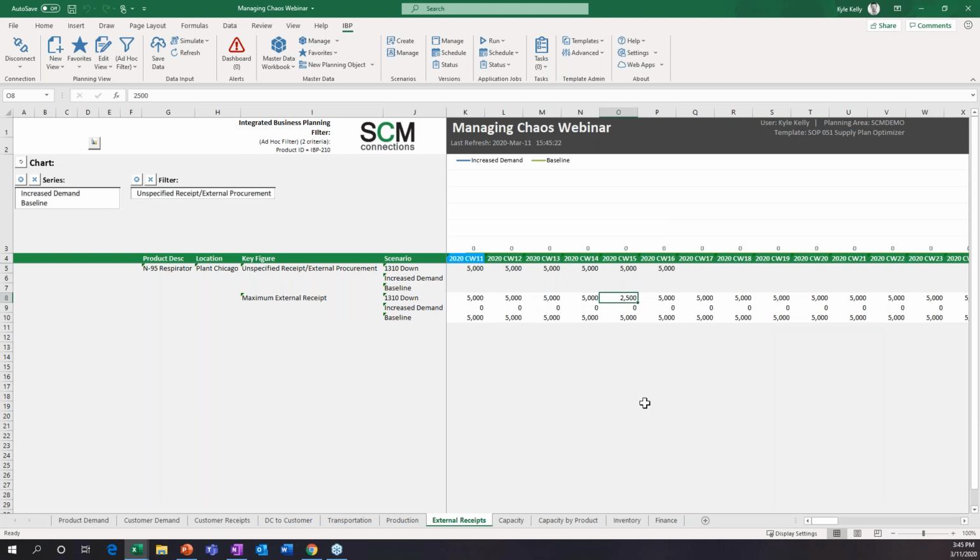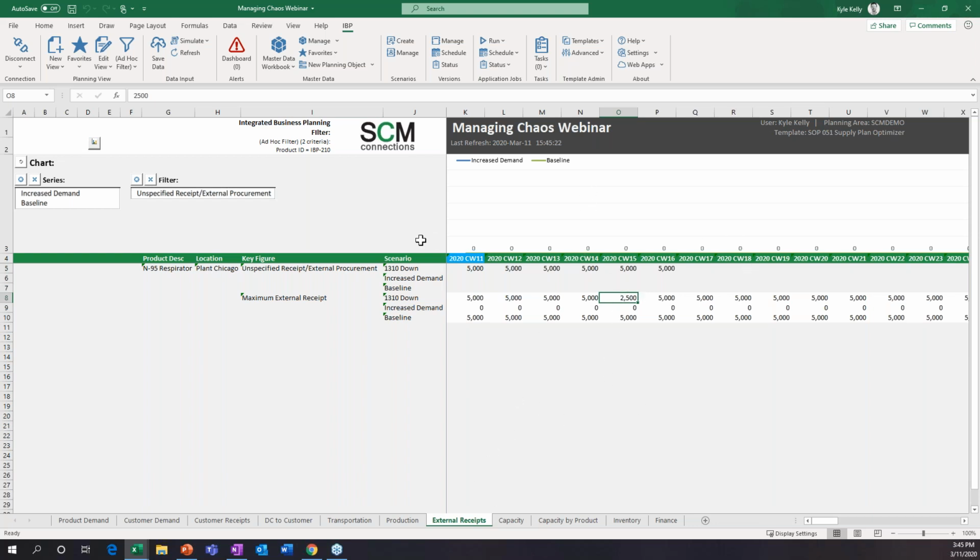So you can kind of see the power of this. It's subtle, but it's real for anybody that's used to dealing with multiple vendors. Maybe you just have a scheduled email reminder set up to vendors that just pumps it out saying, hey, please be sure to update your maximum external receipts or anything like that. It's pretty easy, and now you can see the benefit of you as the planner having real-time or near real-time data. So that's the external receipt piece.